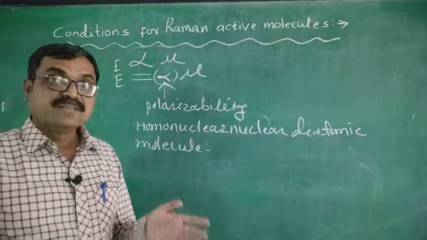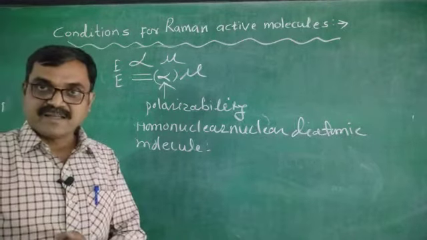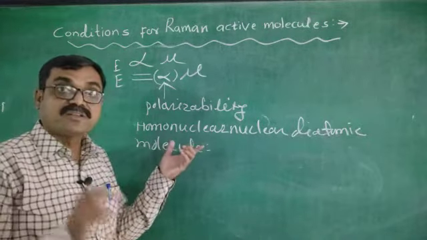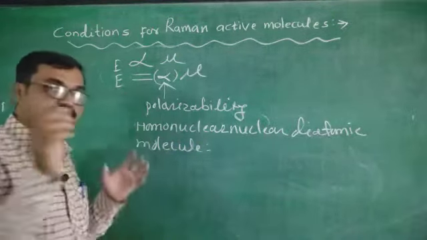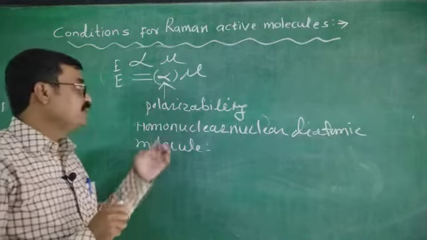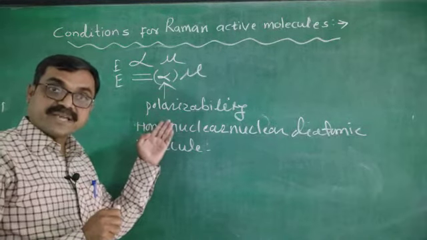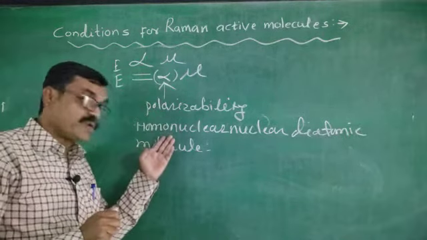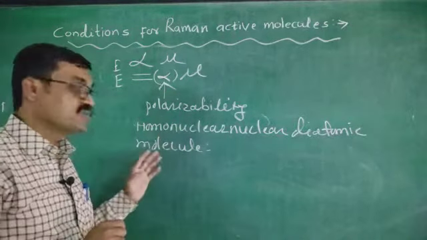Now second, a symmetric molecule also can't give the IR spectra. But here, this symmetric homonuclear diatomic molecule gives the Raman spectra. Very important. Why is it so? In this homonuclear diatomic molecule, due to absorption of light, there will be an induced dipole moment which causes the polarization. There is a polarizability for this molecule.